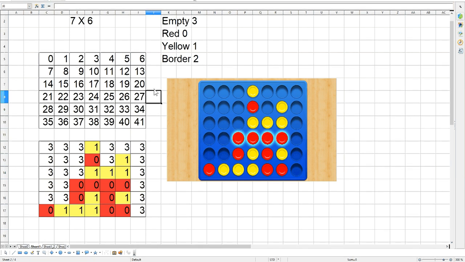We need a way through it. So if we're searching along this diagonal here, when it gets to here, how do we detect this to say, okay, stop? So we have to find a way to search for 4 in a line. Okay, I'll just talk about this one, -1 and +1. If I said search for +1, it will go there, there, there, there, and it will find 4 in a line. But however,